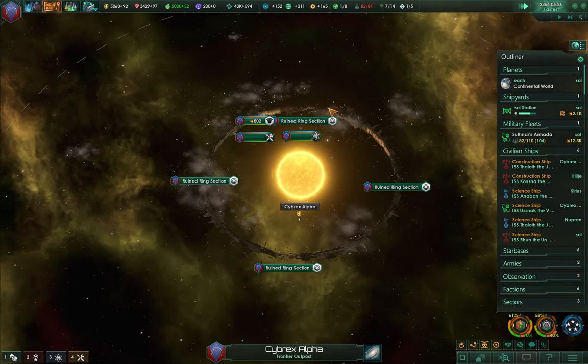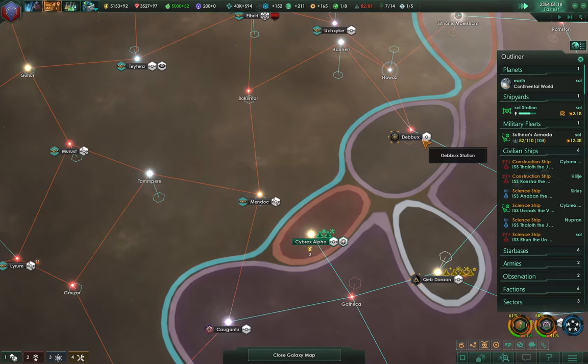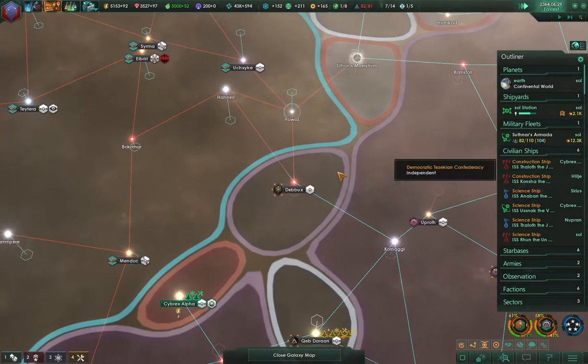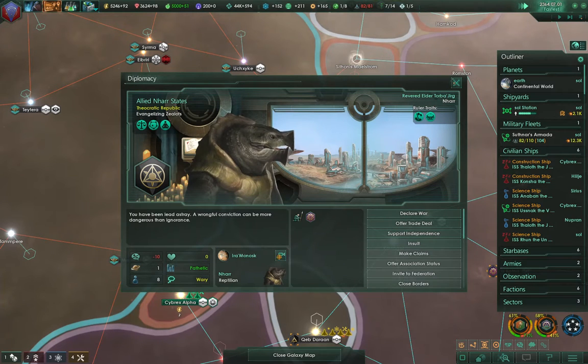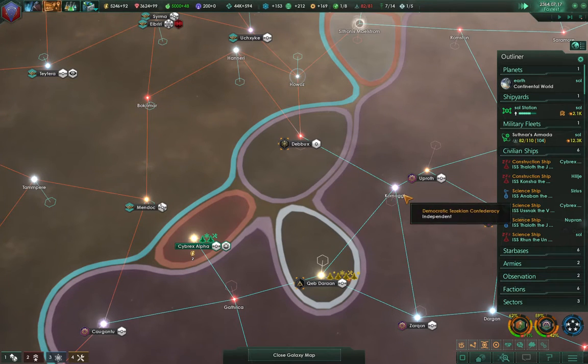Normally when I find a ring world, it's normally inhabited by a fallen civilization. So we'll have to... Ooh. What's going on? Is that the one? Let's have a look. No, it's not what we want. I'm going to click on this. Oh, okay. So they splintered off from...